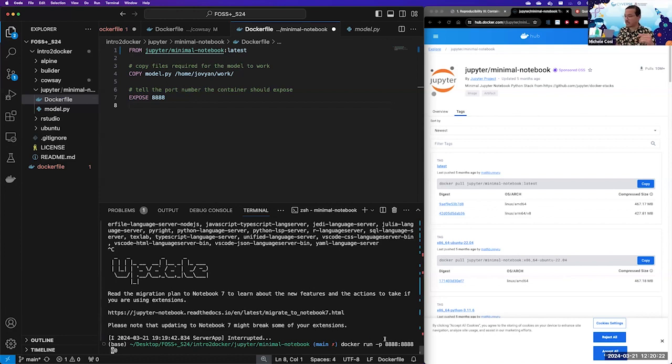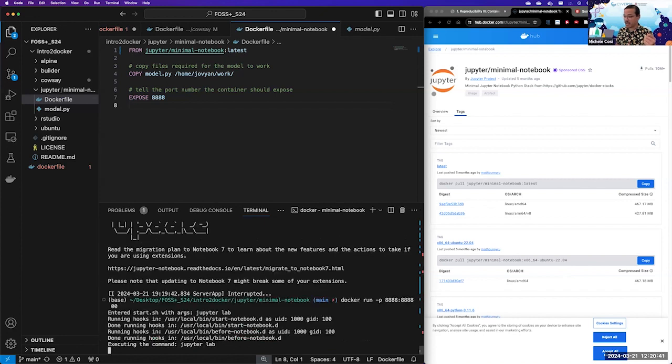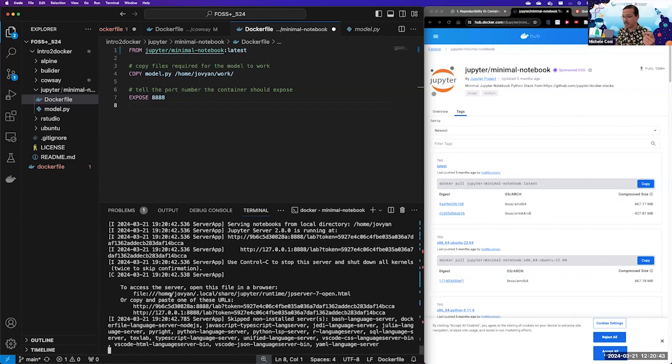Question, can the port on the left be different? Yes. However, my suggestion is to stick with the same port as the one that you're exposing from Docker. That said, I'm going to press enter now, and it's going to give me the URL,